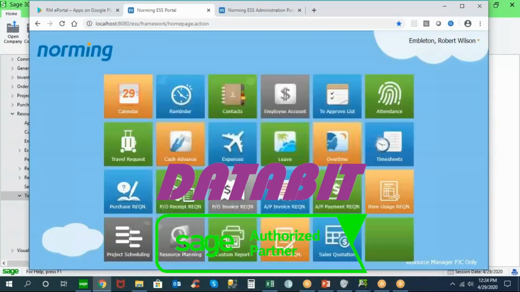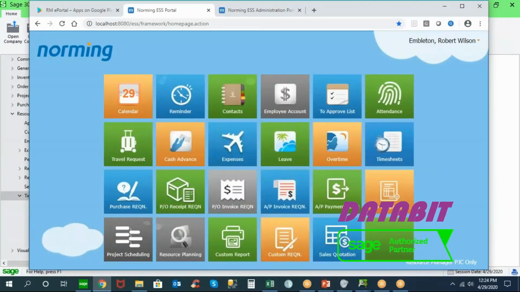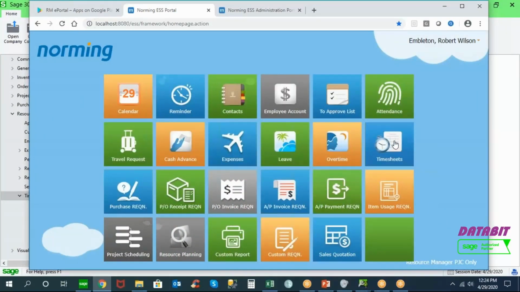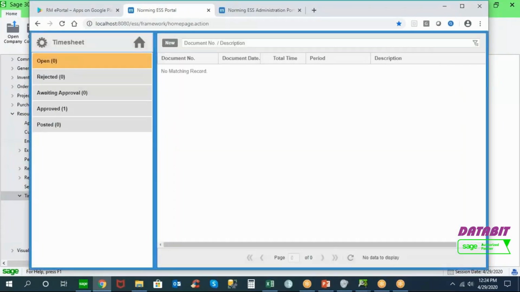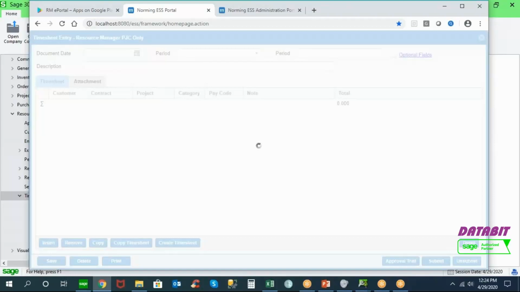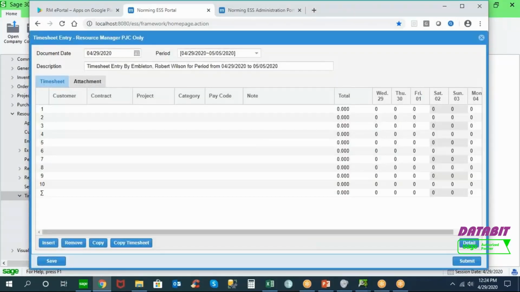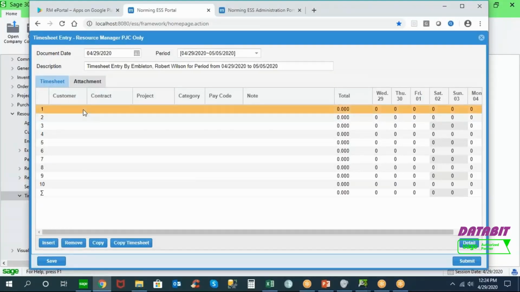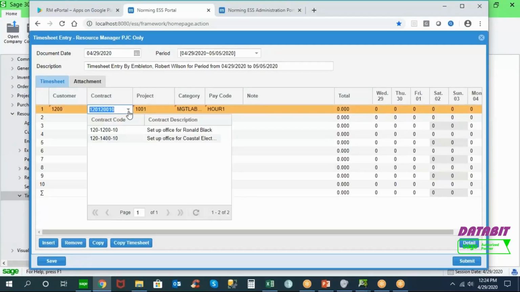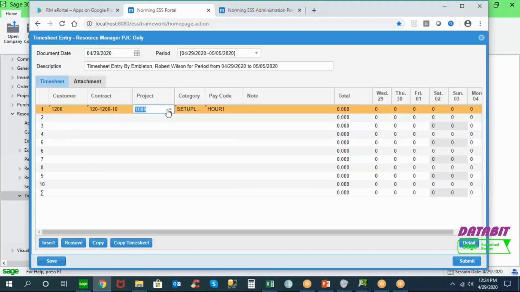So depending on the nature of your organization, you have options. If we look at timesheets as an example, and we click on the timesheet icon, when we click New, we're presented with a timesheet form based on the administrative services. You can choose the columns that you want to include. And because we're integrated to PJC, there's a listing of PJC contracts that this employee is working on and project